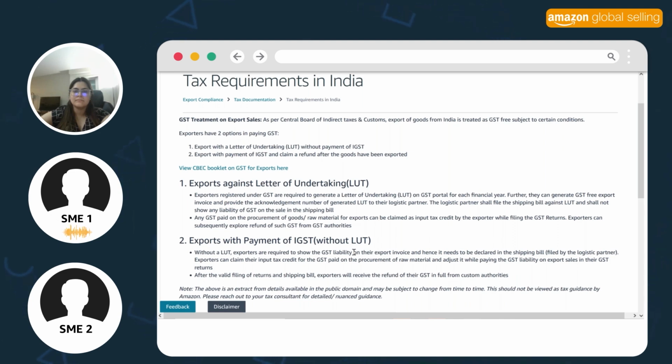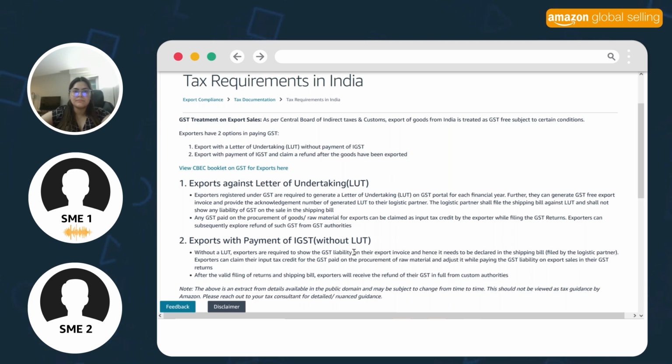So sellers who have input credits accumulated should be following export payment with IGST. The reason is, whenever I have some clients, they say, sir, don't levy GST. Mera input khada rehta hai, it keeps on accumulating, right? So what we guide sellers is, you send the shipment with IGST